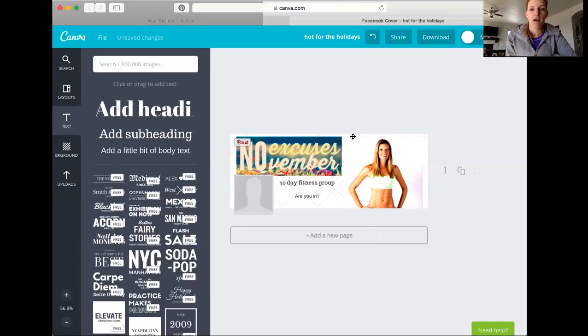This is such a great way to create custom Facebook cover pages with your pictures on it, something you want to add on your Facebook page or your fitness page, or again, create posts for Facebook with your picture in it. Or cover pages for your challenge groups that are custom and cute, and you can grab pictures offline and make, like, a Hot for the Holidays group or whatever the case is. So that's how you use